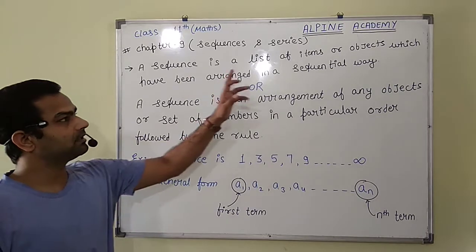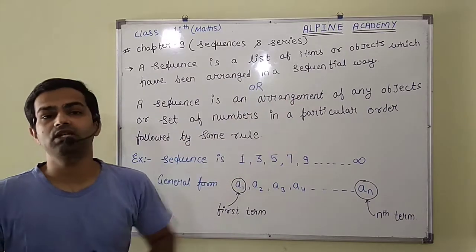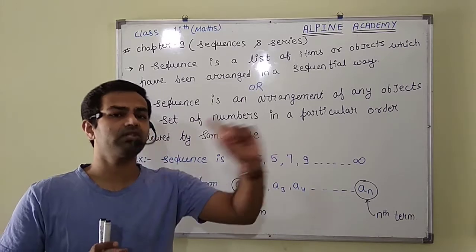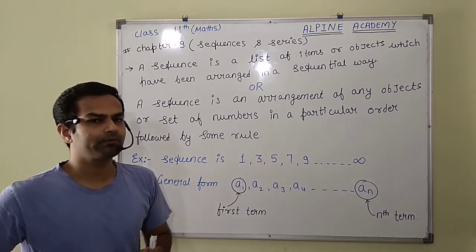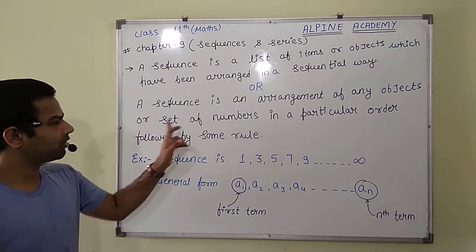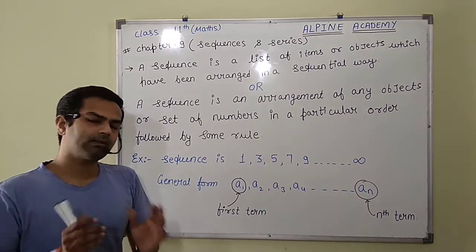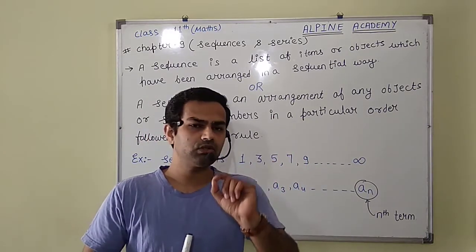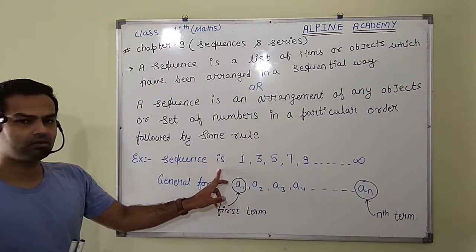Friends, basically a sequence is a list of items or objects which have been arranged in a sequential way. तो जो आपका सीक्वेंस है, ये ऑब्जेक्ट्स की एक लिस्ट होती है जिनको हमने एक सीक्वेंशियल वे में अरेंज कर रखा है। इसको बेटर समझने के लिए इसकी सेकंड डेफिनेशन को देखते हैं। A sequence is an arrangement of any objects or set of numbers in a particular order followed by some rule. इसका मतलब है कि सीक्वेंस कुछ ऑब्जेक्ट्स या नंबर्स का कॉम्बिनेशन है जिनको हमने किसी एक रूल के बेसिस पर अरेंज कर रखा है।